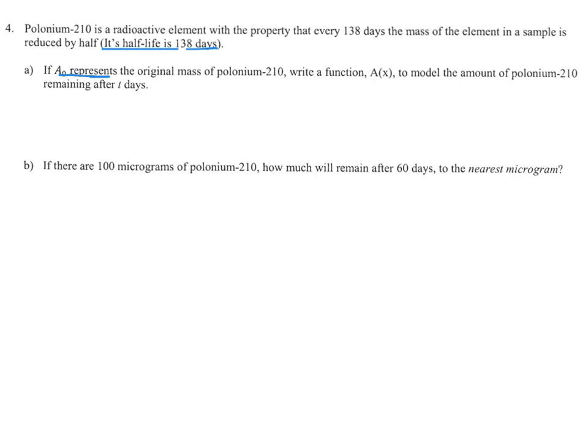And we want to write a function, A of x. So I'm going to set that up to model the amount of polonium-210 that remains after T days. So my starting value, or my P, is A sub 0. Then I'm going to write 1/2, because this is a half-life formula, to the T over the half-life. So we use the variable T over